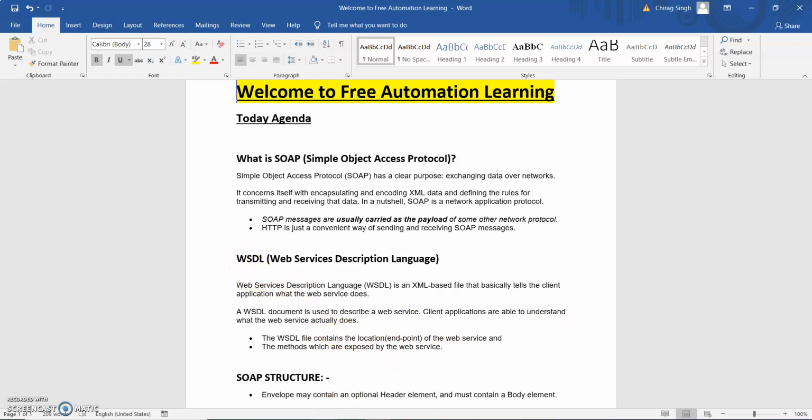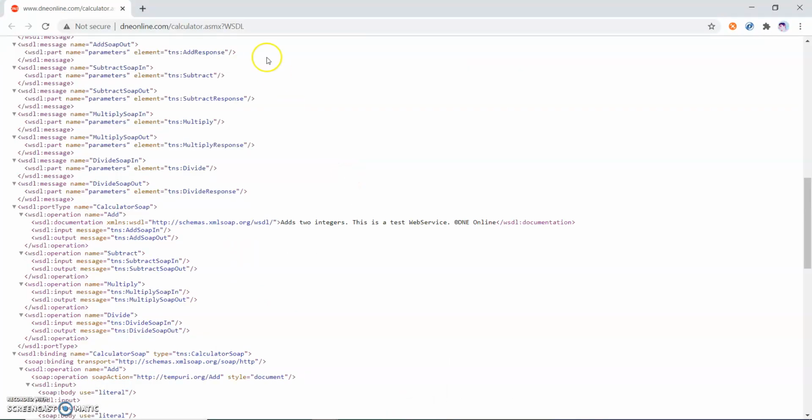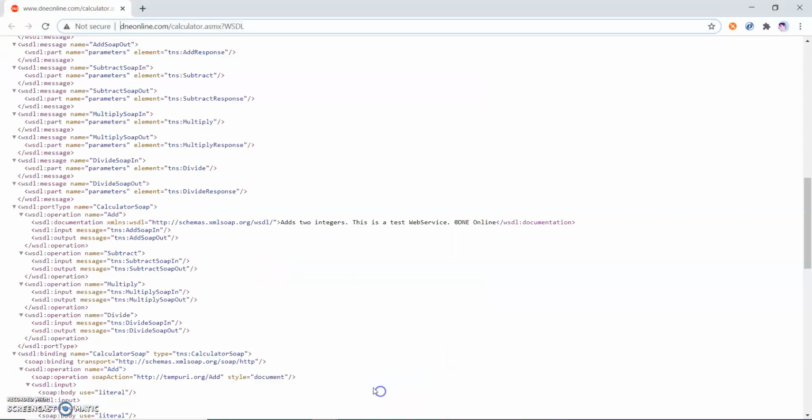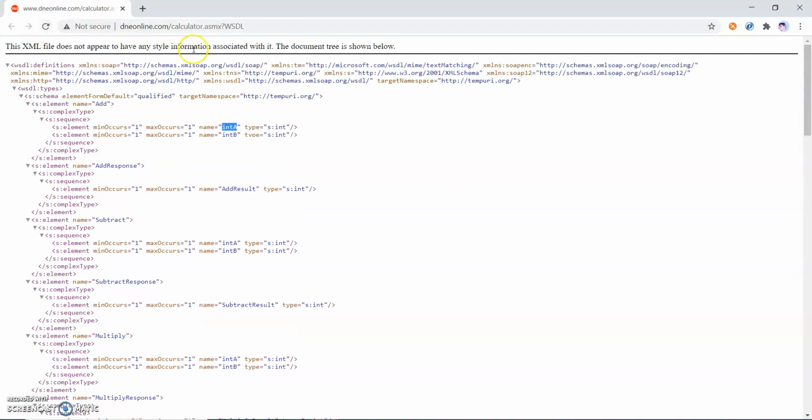Now I will show you what is a WSDL. So this is a calculator web service, right? So as I said, maths web service, it is a calculator web service, and for the calculator web service this is a WSDL. So what does WSDL do?